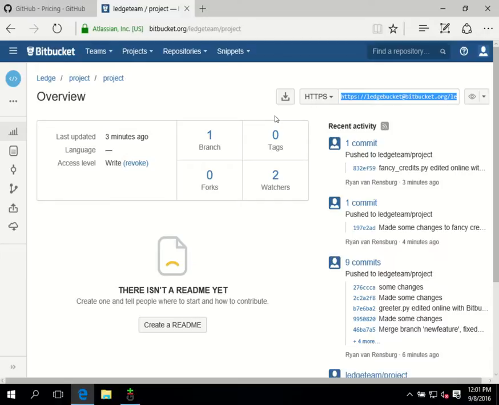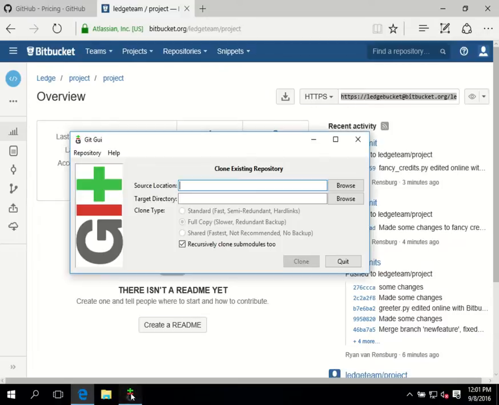I'll just copy that, switch back to the Git GUI, and paste that in. So this is the web address, my username, and the address of the project. So now I need to choose a target directory on my local machine where I want this to be cloned into. So I'm just going to go to my desktop,